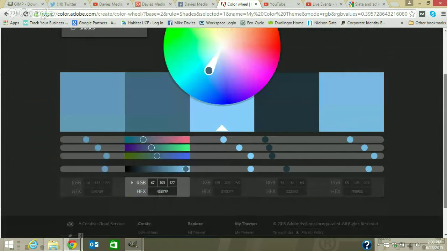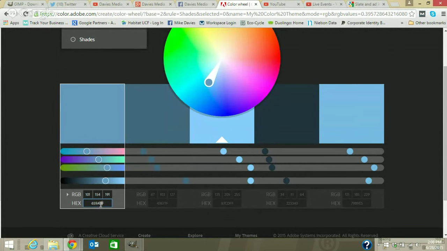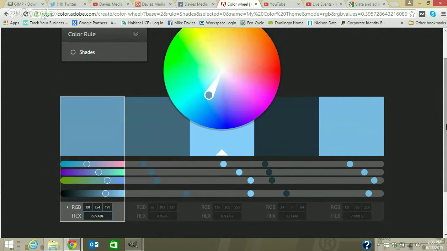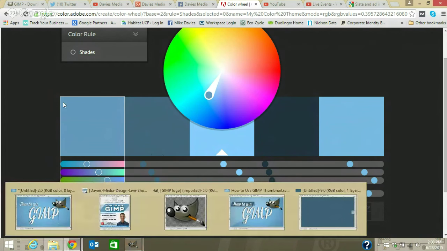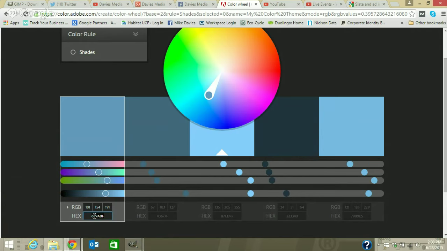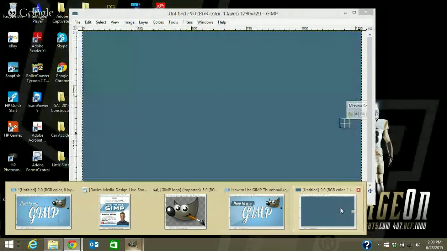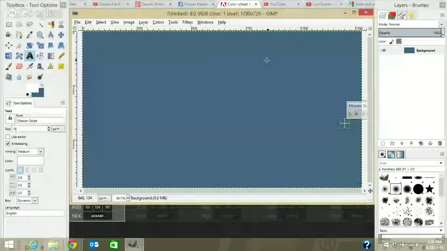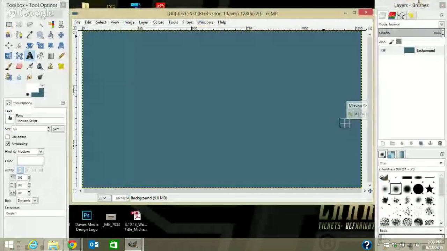So I went ahead and entered a blue color that I liked, and now I'm on the shades mode, so I get all these different shades of the blue that I put in. And this helps you stay within the color rule so that it doesn't start to clash or not look right or unprofessional. So I definitely recommend using this while you're working, especially with GIMP, since GIMP doesn't offer any kind of color program like Adobe Illustrator would to make sure that you're staying within the different color boundaries. So anyway, that's kind of a long-winded explanation, but